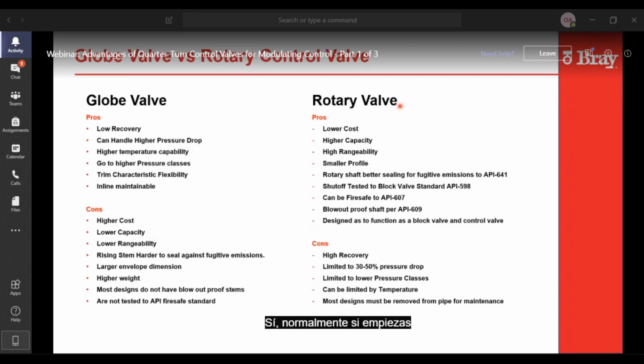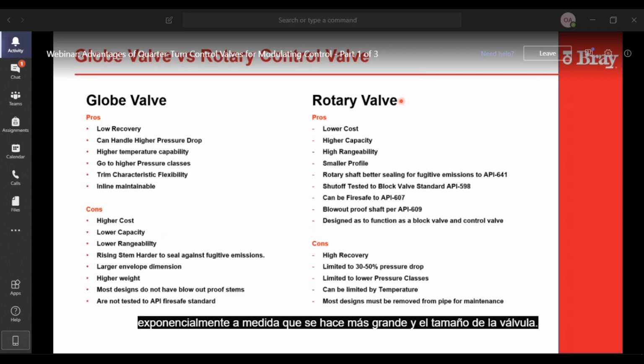Yeah, typically if you start getting above 4-inch in a globe valve, your cost or price is going to be many times more than a rotary valve. I mean, the price and cost savings difference goes up exponentially as you get bigger and bigger in valve size.